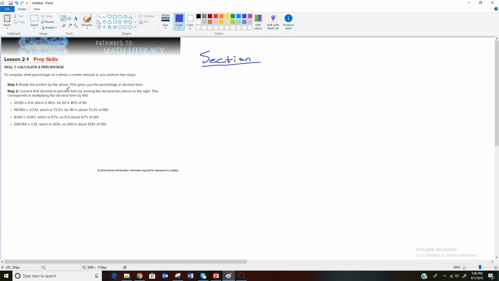Once we have that in decimal form by dividing, then we're going to convert the decimal to a percentage. So let's start with, oops, I forgot to write 3. Let me write that down there. Okay, so we're going to start with 20 out of 50 as the first problem. On your calculator, you're going to type in literally just 20 divided by 50. You could reduce this fraction, but it's not necessary. You could do 2/5 and do 2 divided by 5, but it's not necessary. So once you do 20 divided by 50, you get 0.4